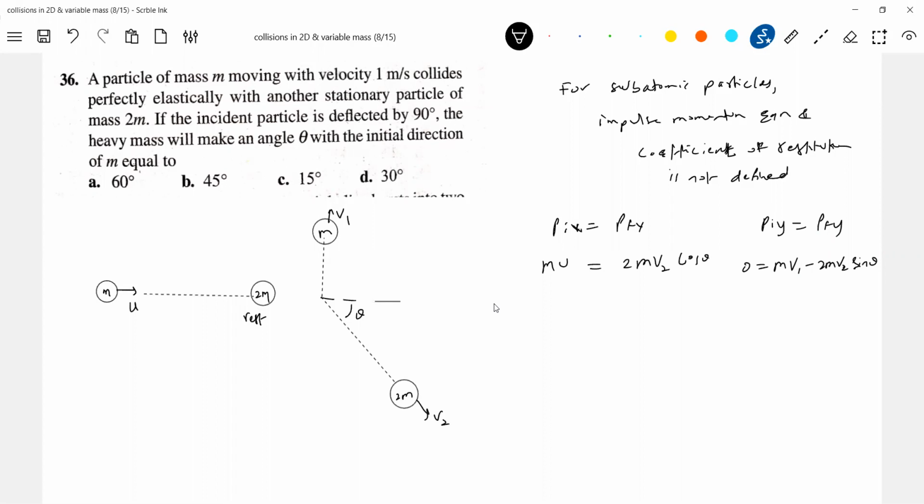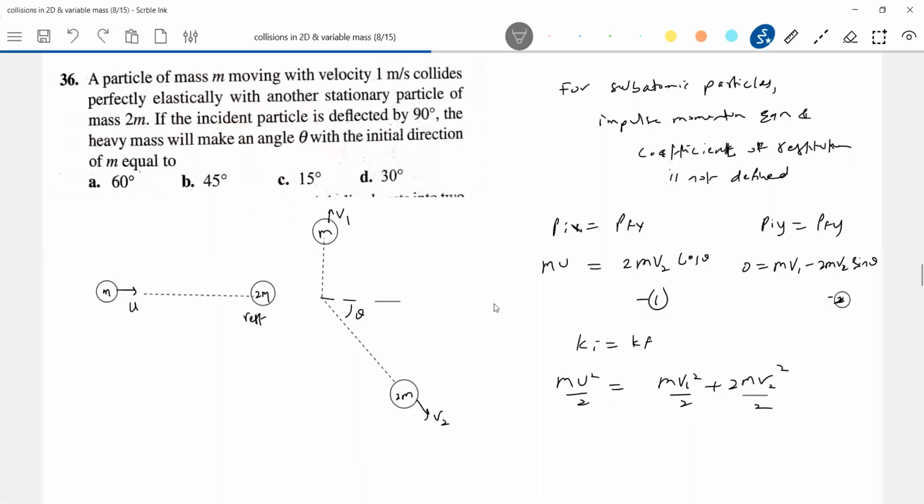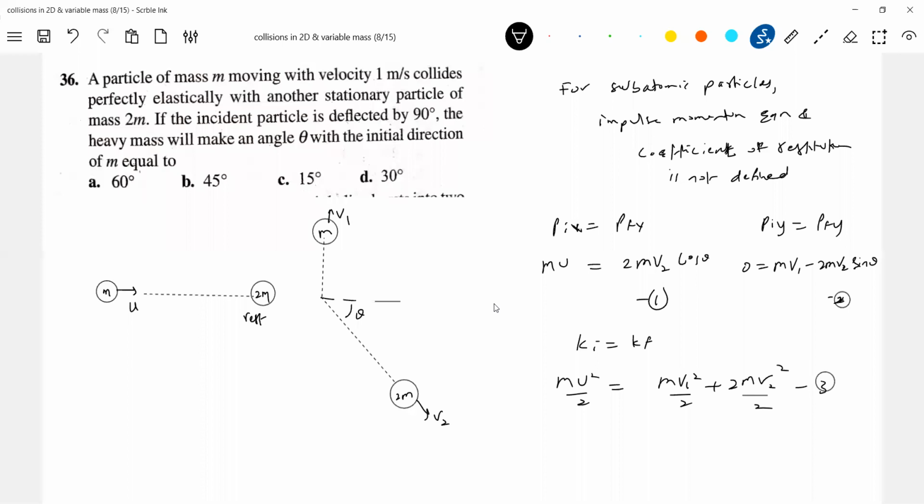Squaring equations 1 and 2 and adding will eliminate theta, leaving v1 and v2. There's equation 1, equation 2 is there, so I need one more equation. I'll apply initial kinetic energy equals final kinetic energy. So mu square by 2 should be equal to mv1 square by 2 plus 2m v2 square by 2. First square and add equations 1 and 2, then theta will get eliminated. Then substitute that v1, v2 here. Then solve it. So squaring and adding,